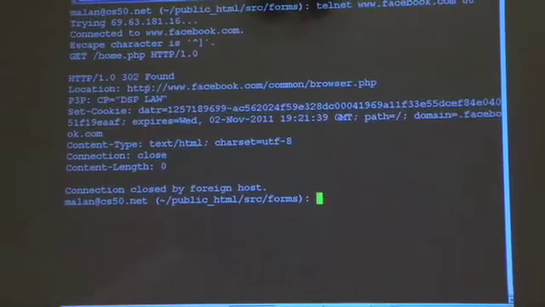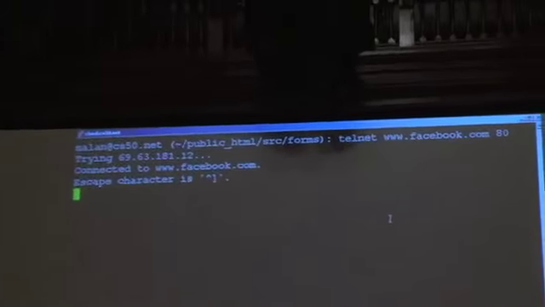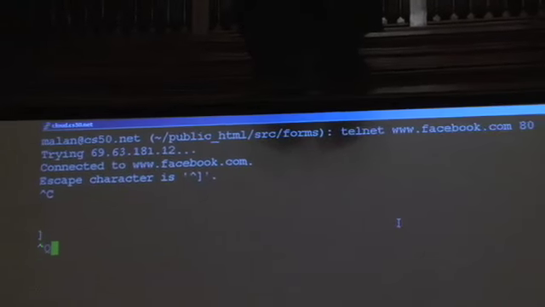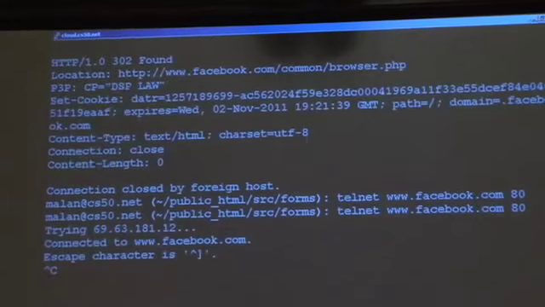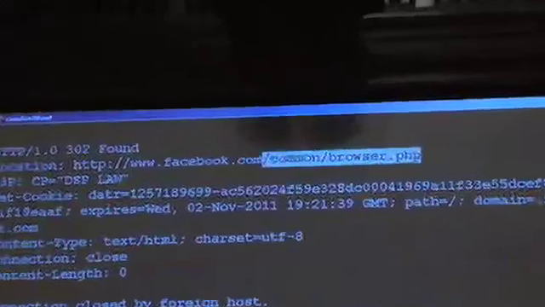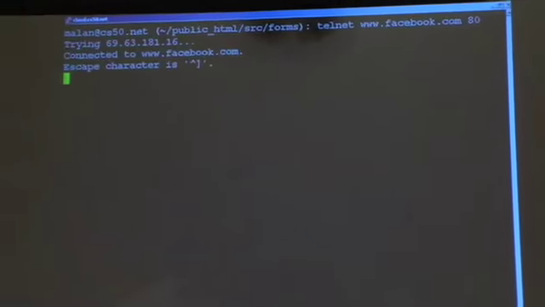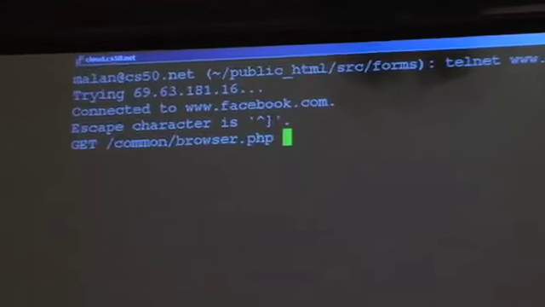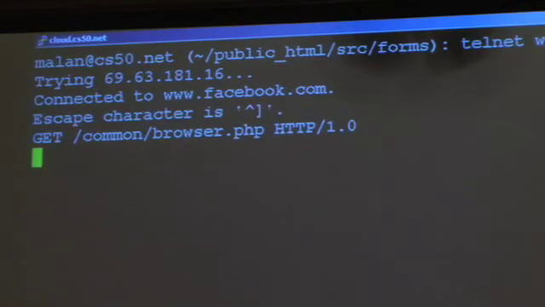So let me go ahead and copy and put that in my clipboard. Now I'm going to rerun Telnet. So let's Telnet. This time I'm going, oh wait, I got to fix one thing. Let's see that once more. I copied too much of it. So I just want to GET /common/browser.php. All right, so now I've copied that because that's where it's telling me to go. Let's rerun Telnet. GET this now, HTTP, whoops, enter. Look at that, facebook.com's